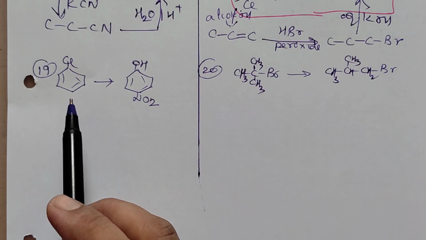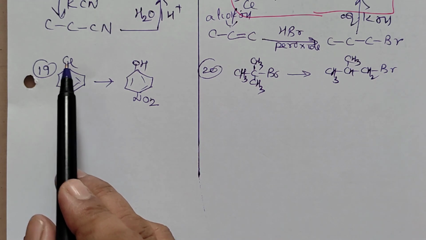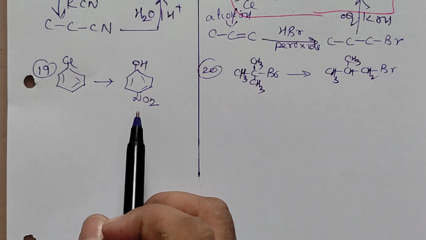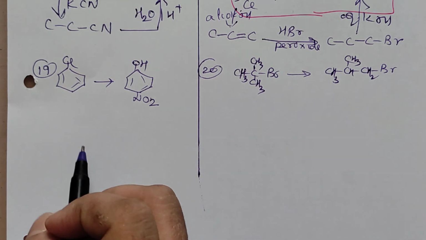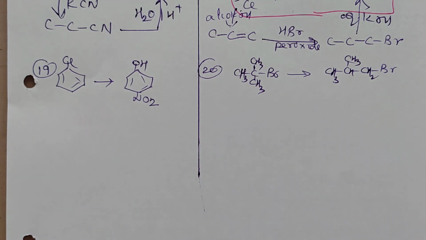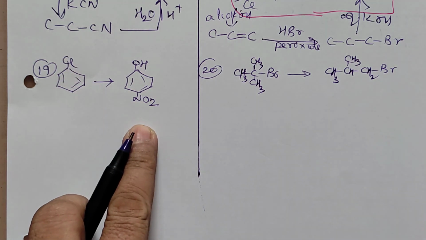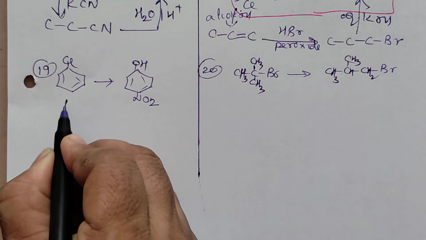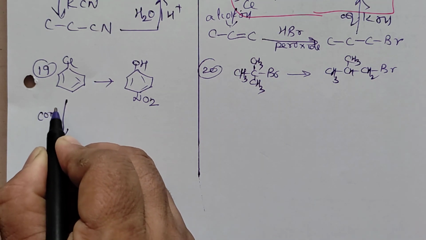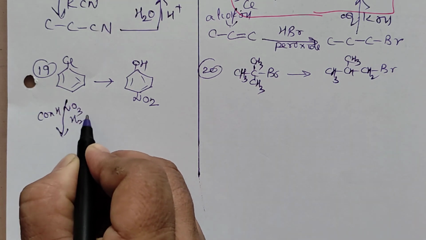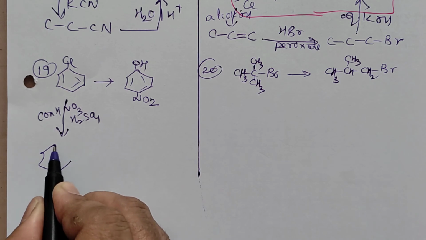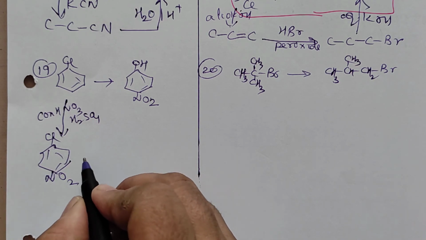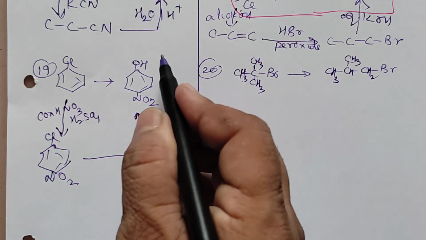What is to be done? We want, instead of Cl, OH, and one nitro group also. Right? So first thing is I have to introduce nitro. Because para position I want something. Nitro, if I put it, I remove it and then put this, nitro will be meta directing. So first what I will do is I will react this with concentrated HNO3 and H2SO4, that is nitration mixture. When I do this, I will get a nitro group at para position. Now we can remove this Cl and I can put this OH.